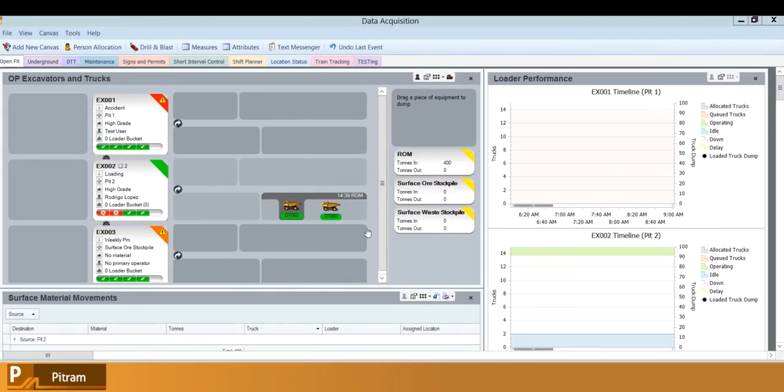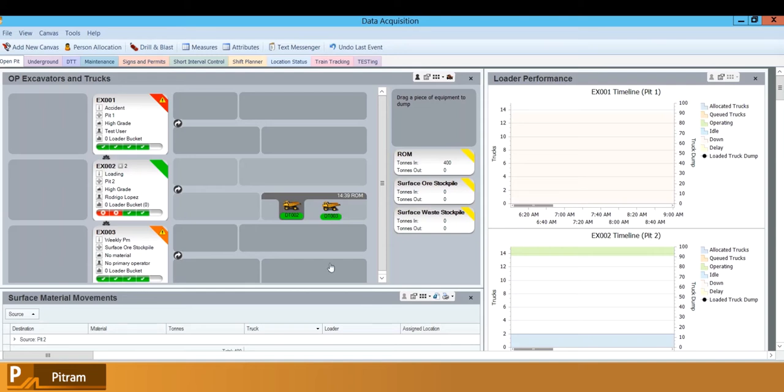The intention for this video is to describe the panel configuration of a basic trucks and loaders panel. The trucks and loaders panel tends to form a pretty central part of most control rooms because it tracks the operations of both the trucks and the loaders, and it tends to be a pretty busy part of most operations. In terms of event count, you tend to get a lot of truck and loader actions happening throughout the shift, whereas a drill may drop off for several hours with no new information coming through, depending on